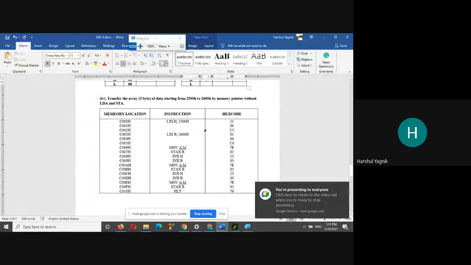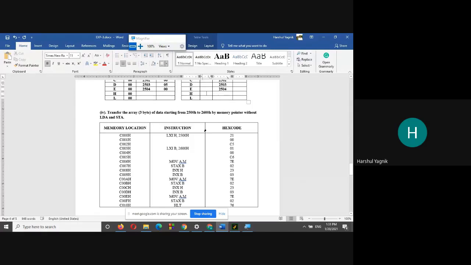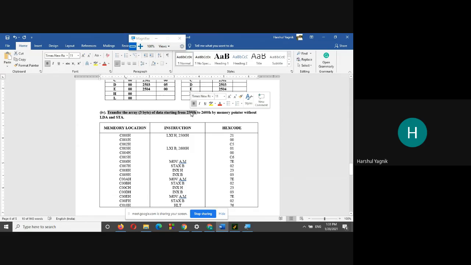Okay, now let us see next task, task number 4. Can you see the screen? Yes, sir. Okay. Task 4 is transfer array of 3 bytes of data starting from memory location 2500 to memory location 2600 by memory pointer without using LDA and STA instruction.